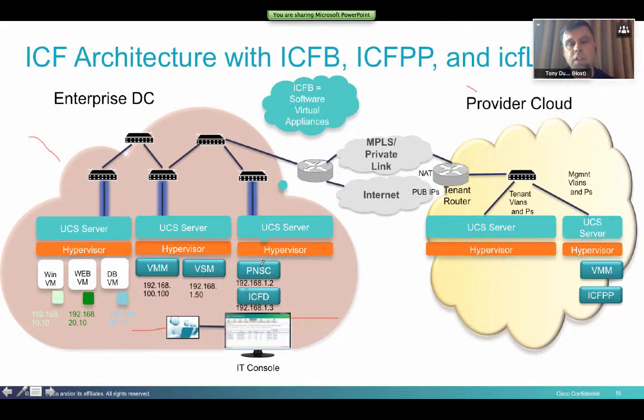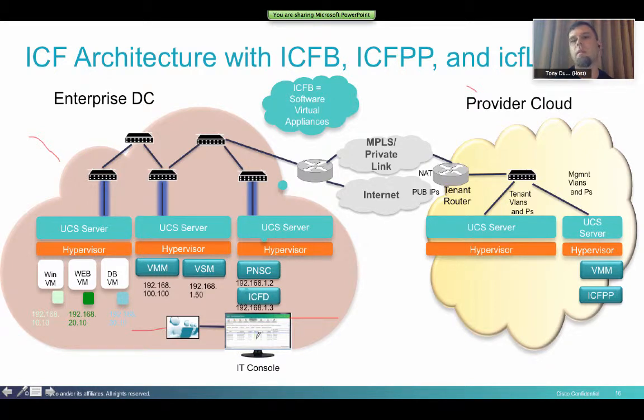The Prime Network Service Controller is a component that the customer typically doesn't configure, but is orchestrated through workflows that are initiated in the Intercloud Fabric Director. So the Prime Network Service Controller provides functions such as making a router available in the provider cloud, configuring that router, and an optional firewall can be delivered in the provider cloud. It's also the component that would provide the conversion of images, as part of migrating that virtual machine to the provider cloud. So the Prime Network Service Controller is providing a lot of functionality, but it's orchestrated through Intercloud Fabric,